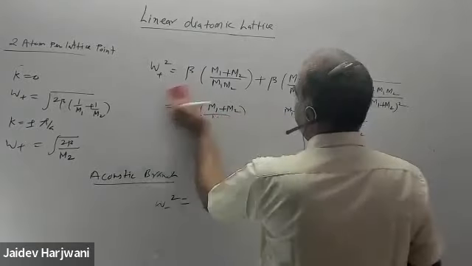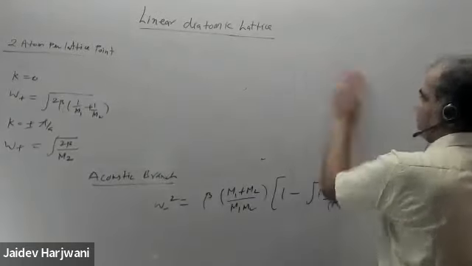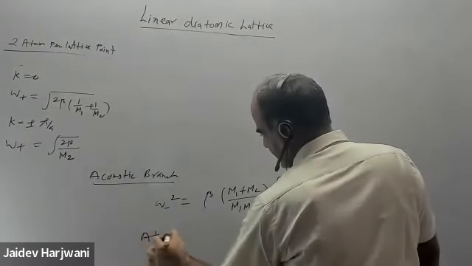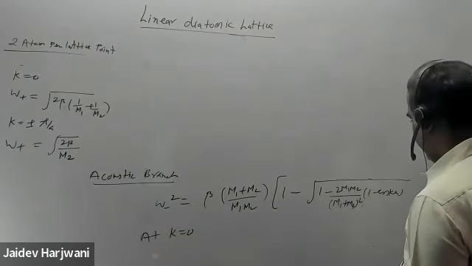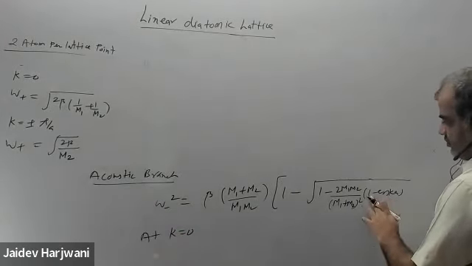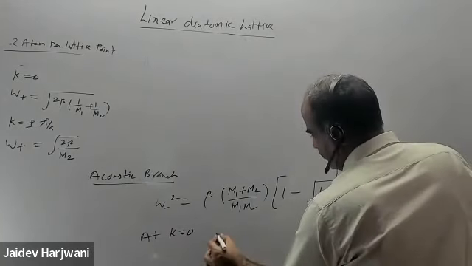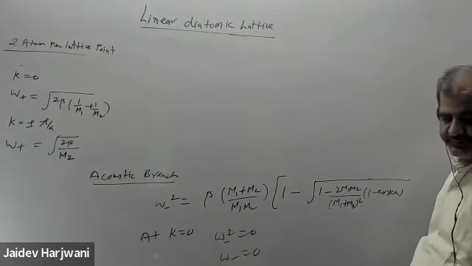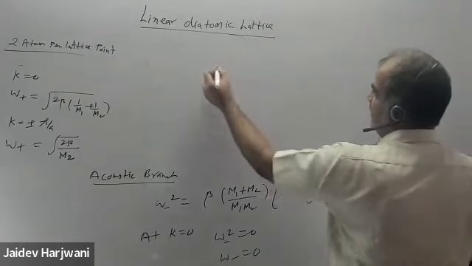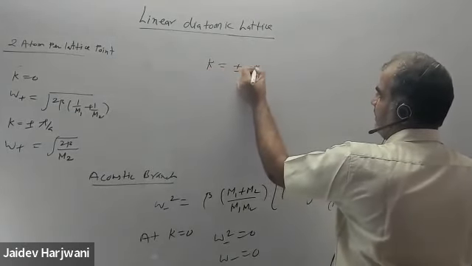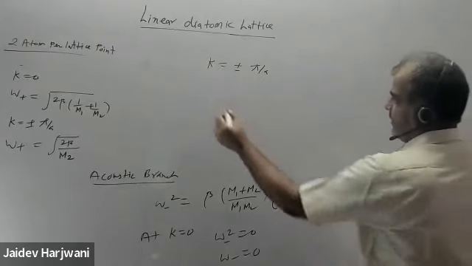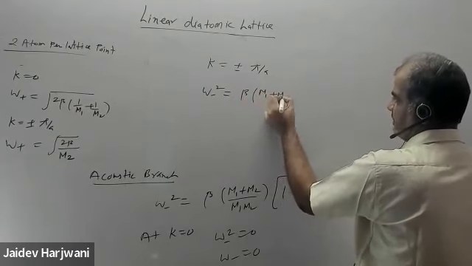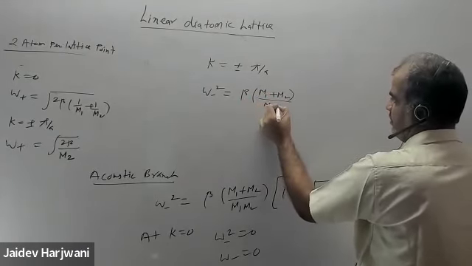Now I want the limiting values at k equal to 0 and k equal to plus minus pi by a. At k equal to 0, this becomes 1 minus 1, which is 0, so omega minus square is 0. So omega minus is 0 at k equal to 0. Similarly, I want to see at k equal to plus minus pi by a. What will it become? Omega square equals beta m1 plus m2 over m1 m2, times